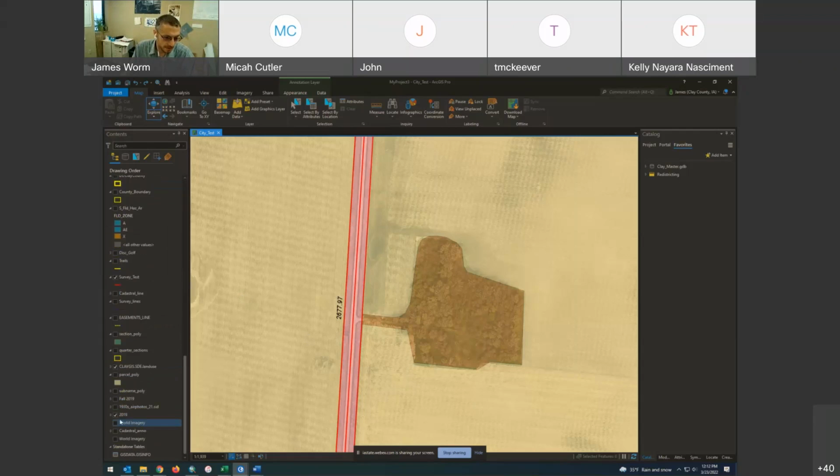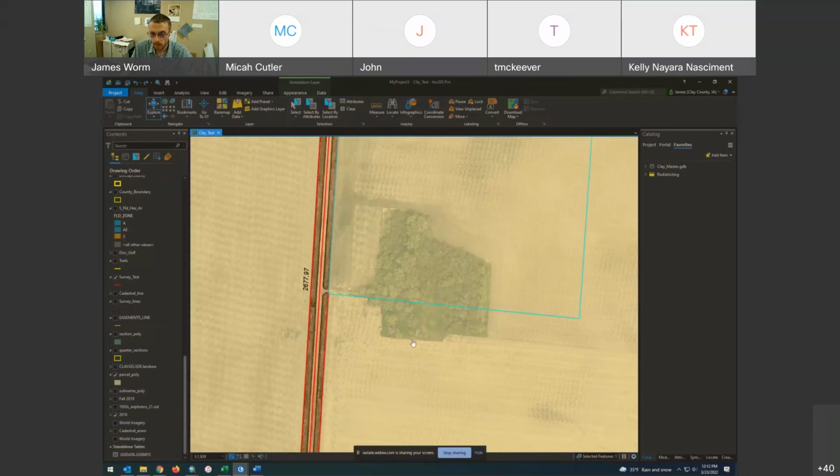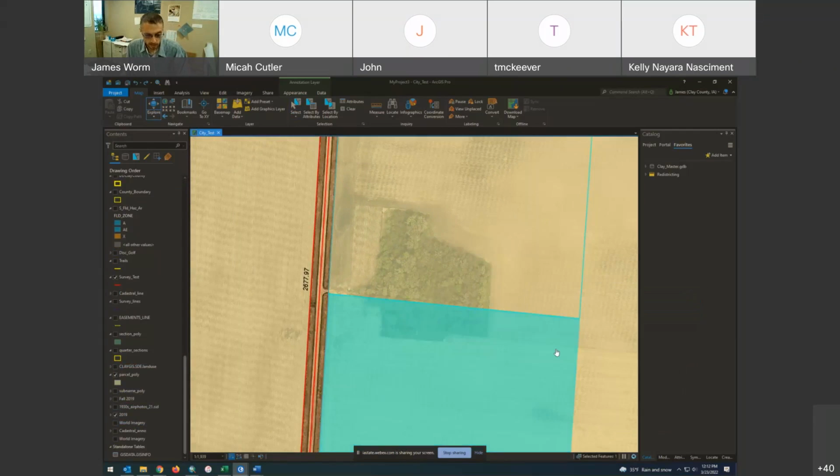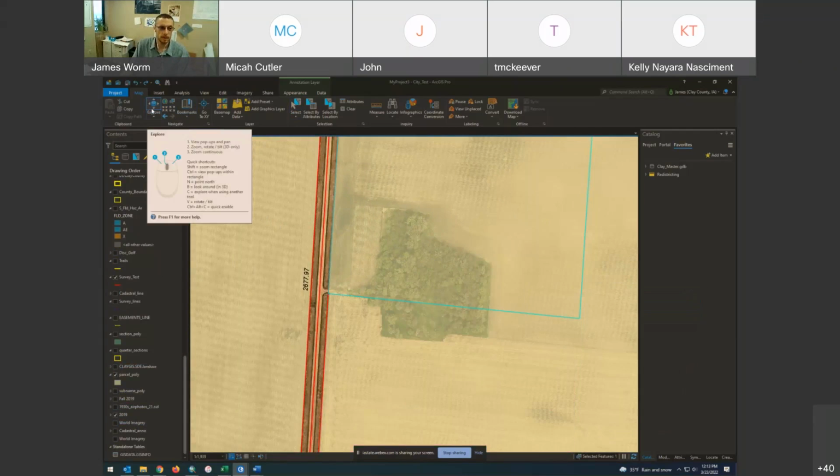So when I first got into Pro, I was in here and I'm like, how do I identify a parcel? See, I'm clicking and nothing's happening. But if you actually just go over to the pan that pans your map, you can actually click and then it will bring up your parcel information. So just be aware, make sure when you want to do commands that you come up here, hit the explore